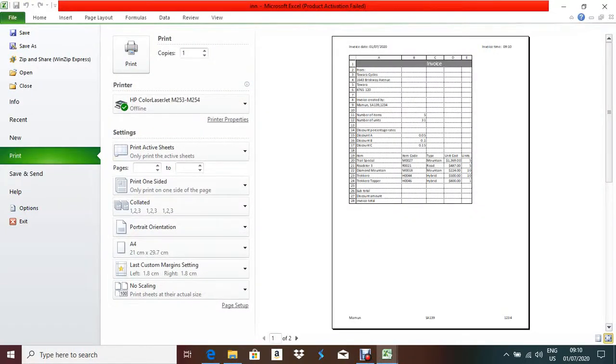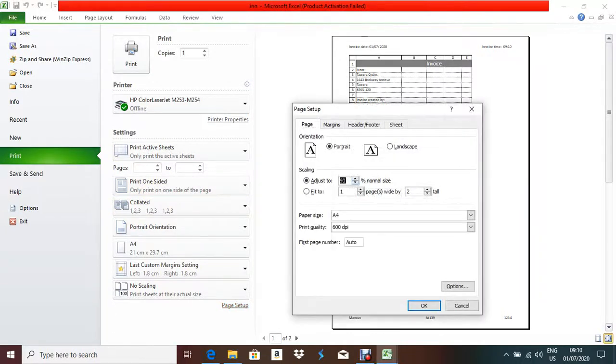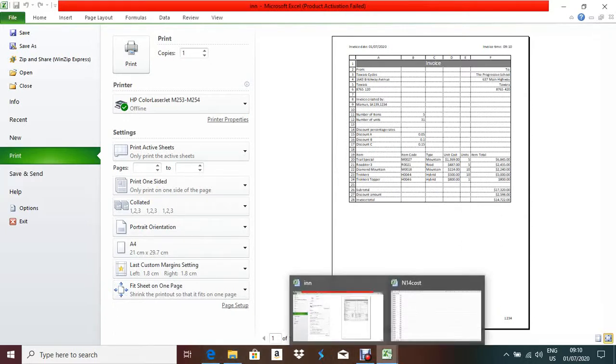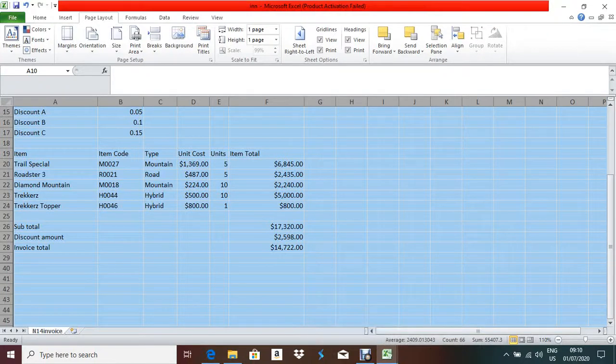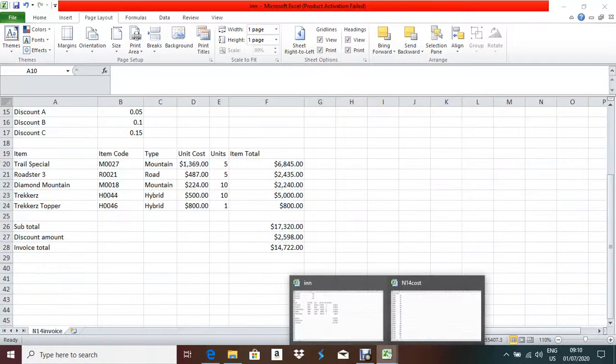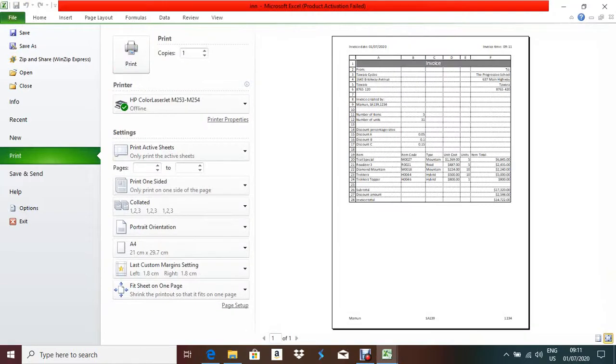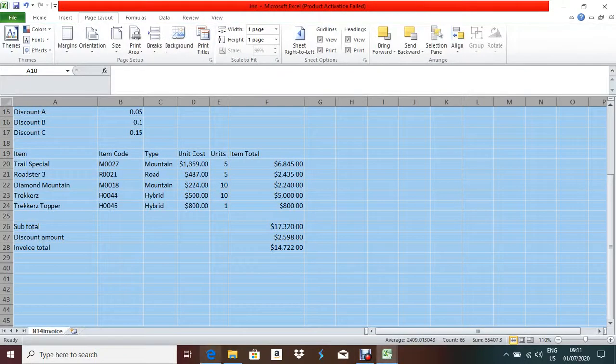See, all the data is not here. In that case, you will go to page setup, and instead of 100%, and it should not be 2, it should be 1. Instead of 100%, give it 90%. Now check, all the data is visible, right? If I check my file, this is my last data, 14722. So what I will do, file, print. Now see, 14722 done. So it is a single portrait page. Finish. Now we can go for the next question.